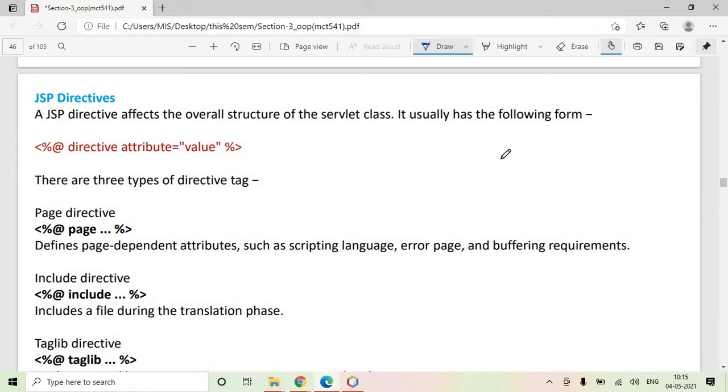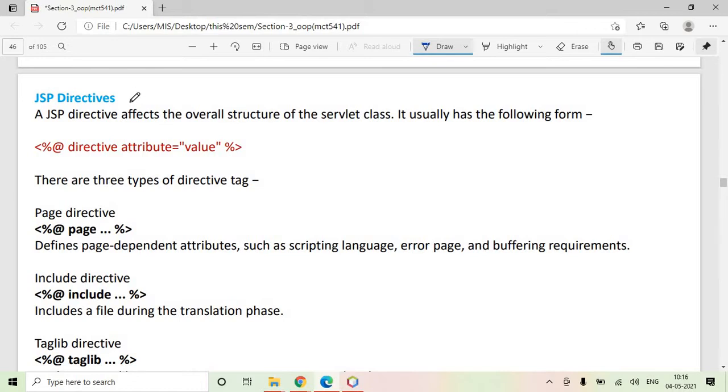You can even create your JDBC connection inside JSP. When you load this particular page, you should be able to fetch the data from the table, and whatever data has been fetched, you display it on top of that web page. This kind of operation also you can write using JSP.